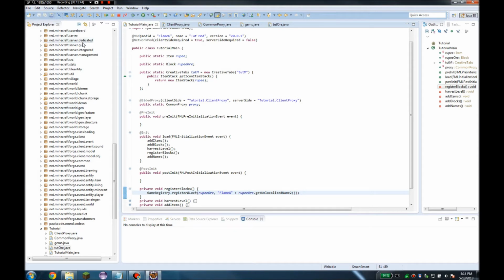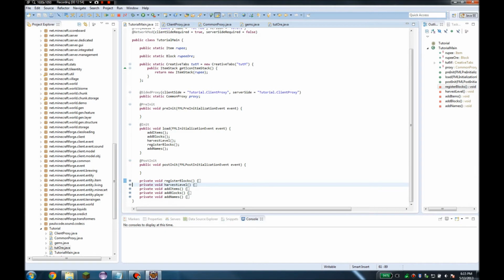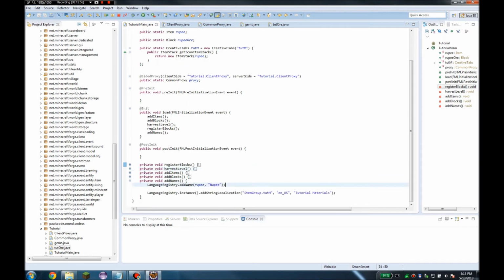Save that. Now we still have another step under the language registry. We still gotta do that. The add names. We gotta do language registry dot add name, rupee ore, and there you go. So now what we're gonna do is we're gonna open up, oh boy, okay, I just